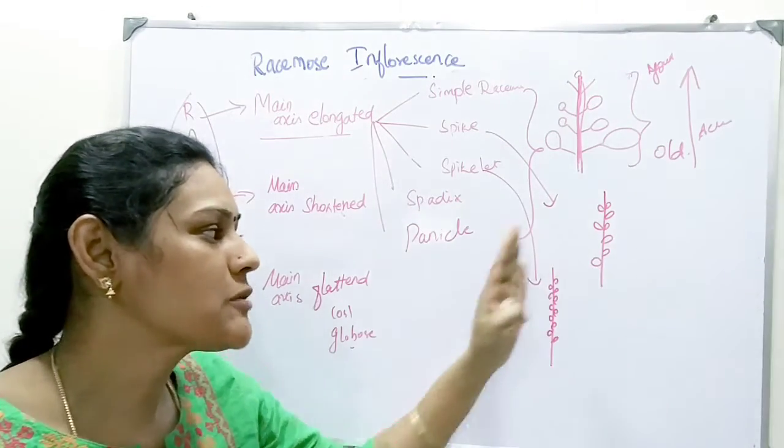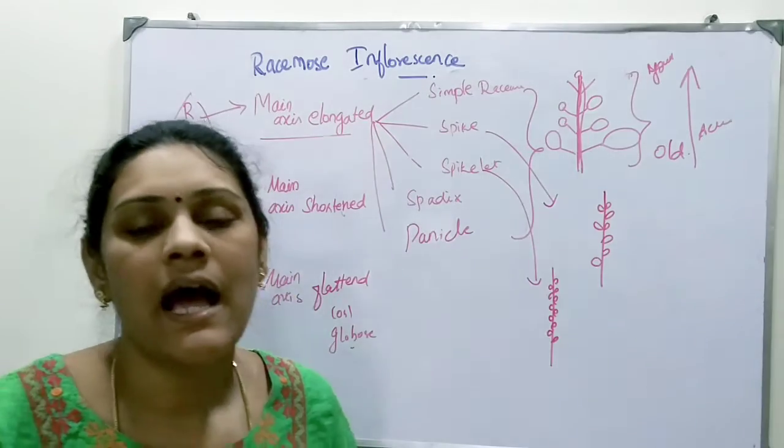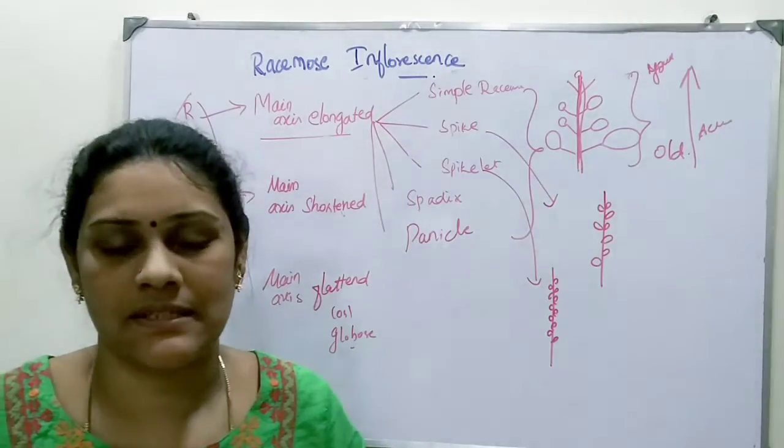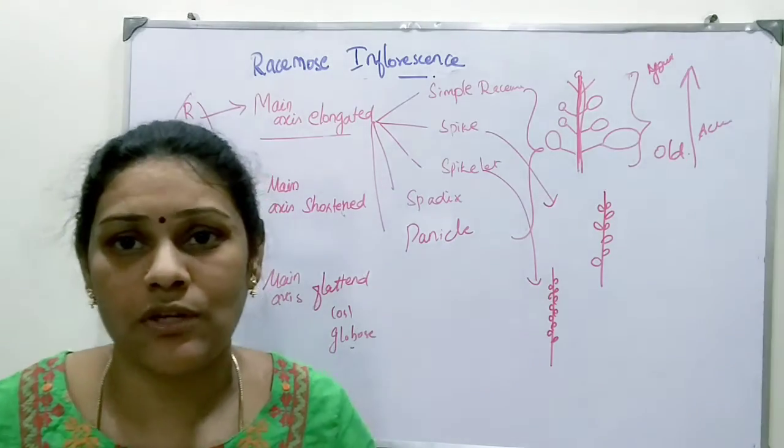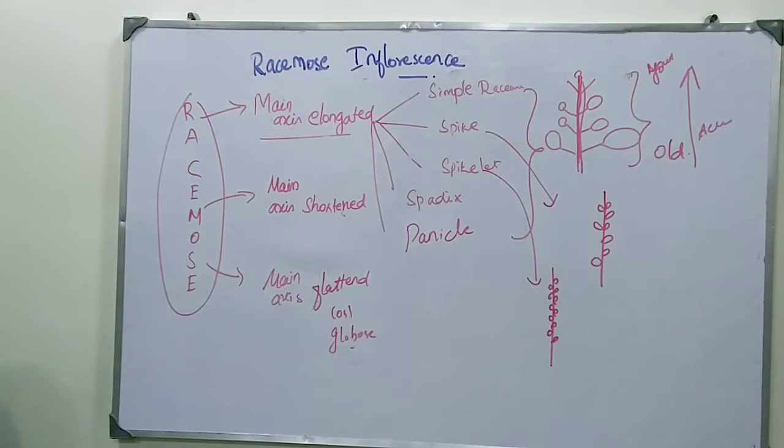When compared to the spike, the spikelet will be very small and it is also a sessile flower like the spike and it is also in acropetal succession. So if you study by understanding the concept, it is very easy for you. So this is about your acropetal succession that you should know. Okay, so this is the main shoot that you should know about these spikelets.